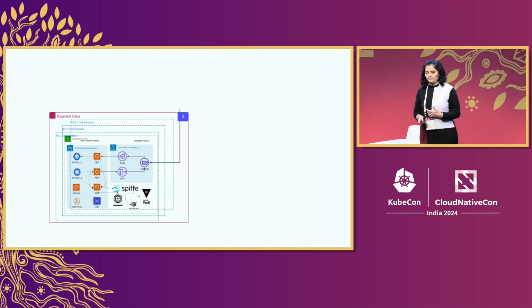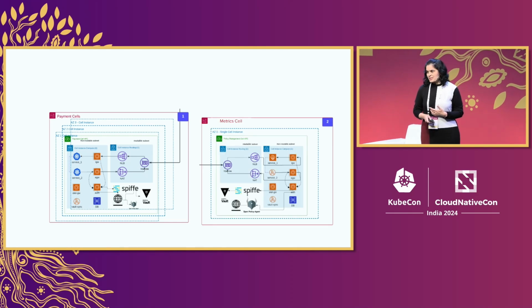Next is my metric cell, where microservices, database, visual interface, whatever is my functionality, running in this particular cell. This also maintains a lot of security constraints and boundaries. However, this cell is not critical for the business functionality, so I might decide to run it in just one cell or maybe two across the AZs.